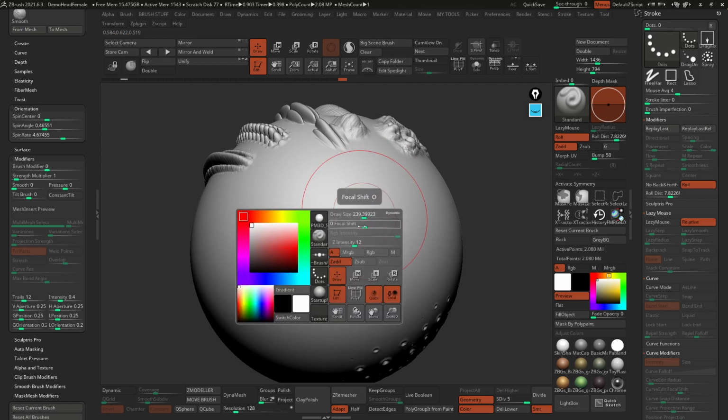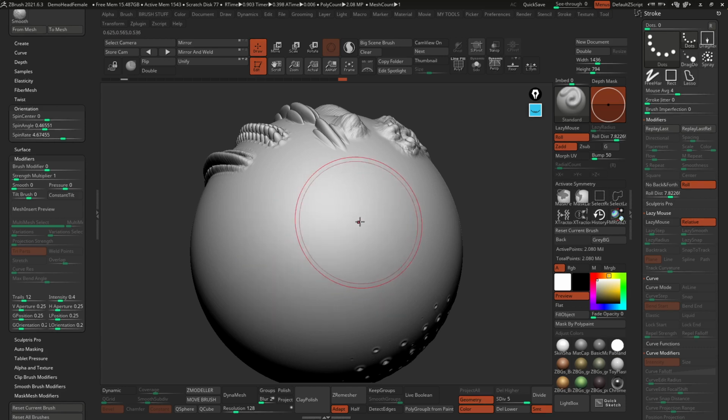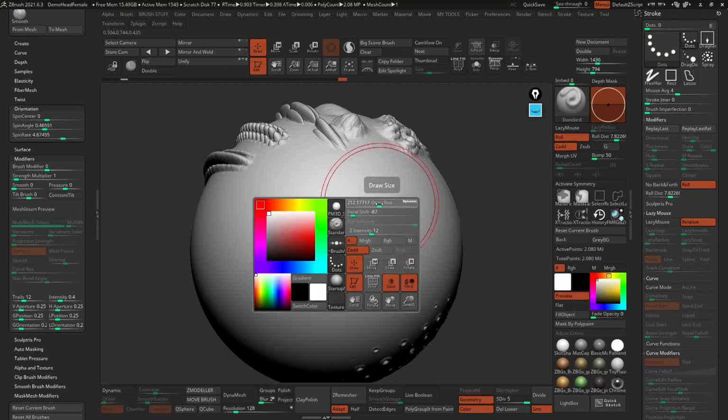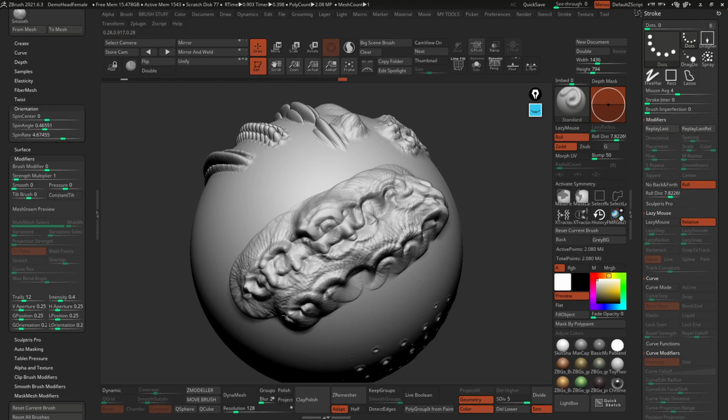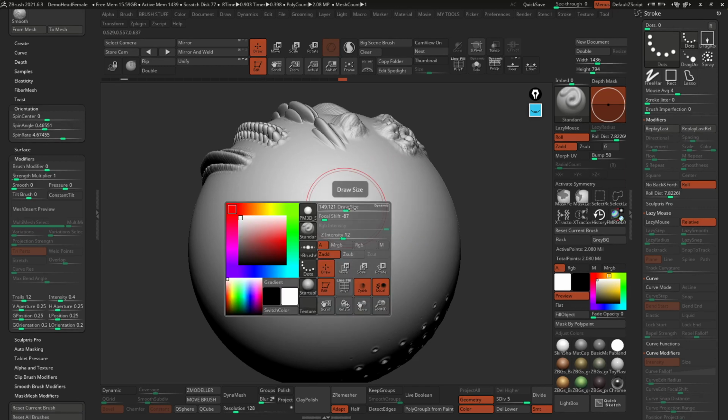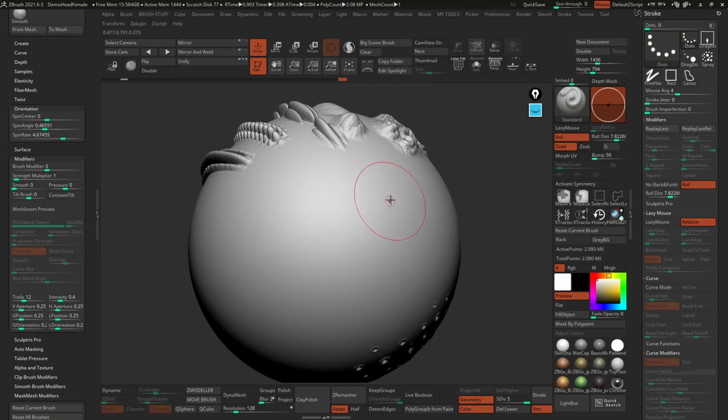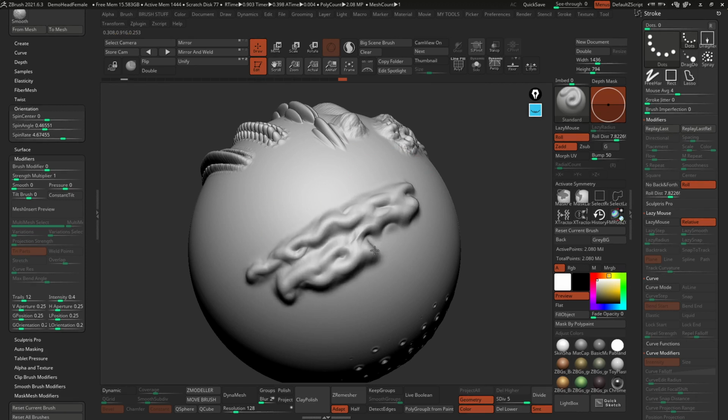If I go ahead and right click and change my draw size just so that you can see more, you see my focal shift is at 0. If I change it to -92, you see that secondary circle inside the brush get closer, and that's basically encompassing more of the stroke, so you'll see more of that stroke, right? So it's a bit harsher. Instead of that, we can just push it forward and create more of a fade of the same alpha. So now we get something that is a little bit more subtle, which is pretty good.